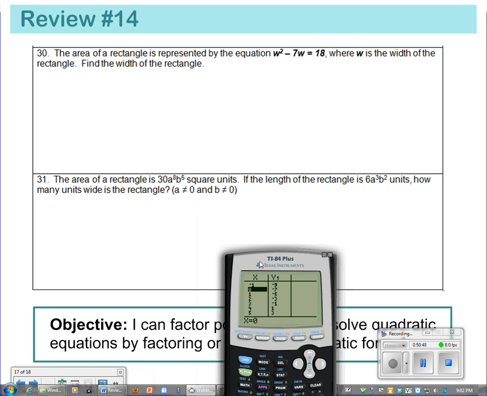Right, last two problems. We have the area of a rectangle is represented by the equation w squared minus 7w equals 18, where w is the width of the rectangle. Find the width of the rectangle. So this time they're giving us the area. Remember, area is length times width. So the area is,